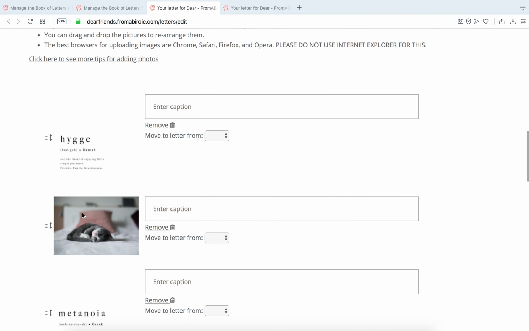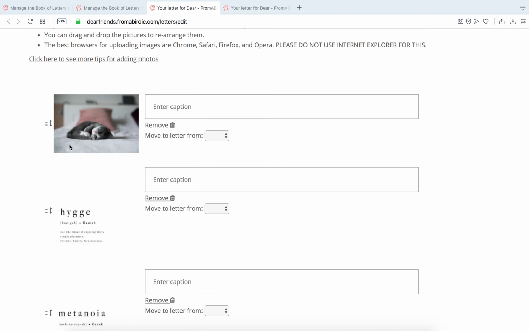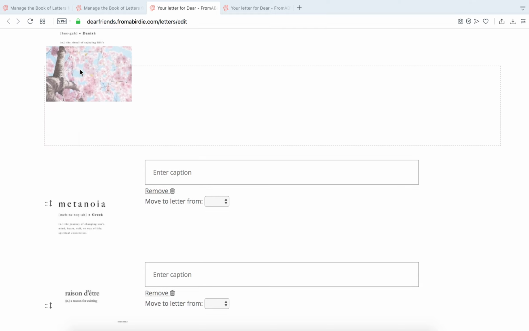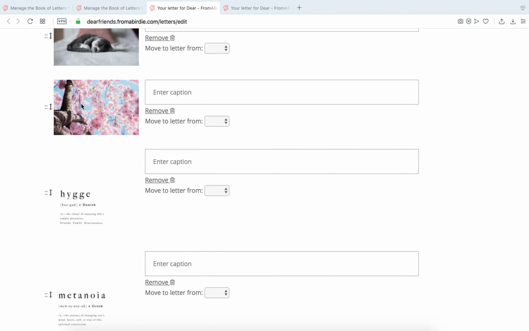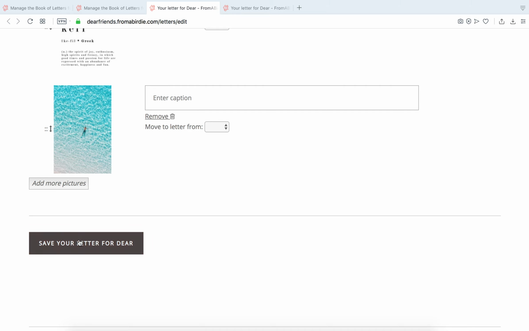What you do is you simply click on the photo and you drag it up. See how it moved it above the quote. Scroll down, again click on a photograph and drag it up to go over the quote. And you can continue that with all the other photographs. Make sure you click Save your letter,